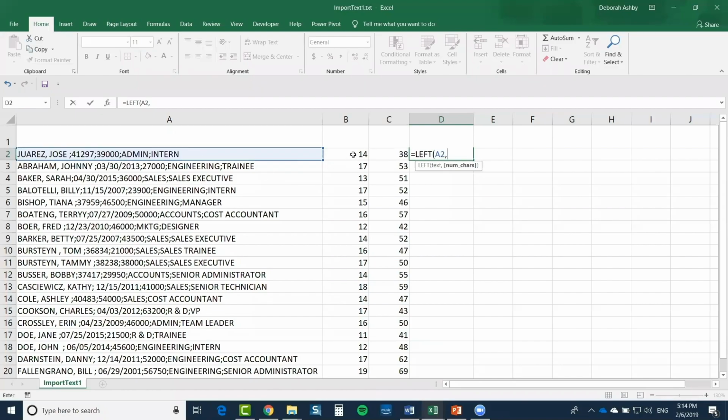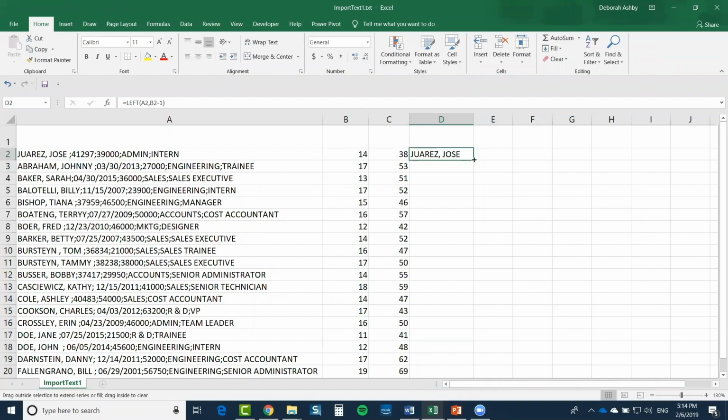And what we want to do is we want to say number of characters. So we want to do B2, so this is the position of that semicolon, okay? Now bear in mind that 14 is actually the semicolon, okay? Now I don't want to include that, so I want to say position 14 minus 1. We actually want position 13, which is that space, because I don't want to include the semicolon along with the name. And if I close my bracket, it gives me Juarez Jose, and I can copy all the way down